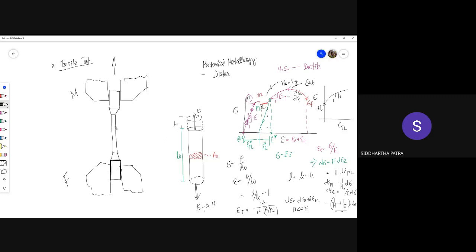As they do so, the specimen would elongate. And the interesting things would start happening in this narrower region over here. This entire narrower region, all the interesting stuff is going to happen over there. Now, why do we make the two ends a little thicker? We could have simply taken a uniform diameter cylinder. It's because we do not want the material to fail outside of the part which we are observing. This is the region which we would be observing, inspecting stress and strain and so on.